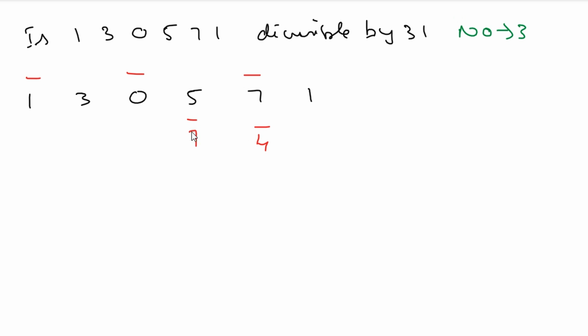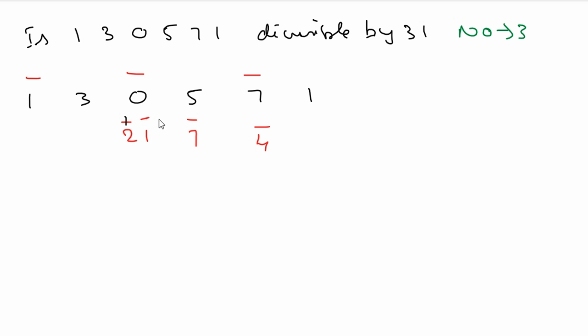Now you will multiply this minus 7 with 3, that is minus 21 plus 0. So there is no need to write down plus or minus. Why? Because 0 has no sign. Minus 7 into 3 is minus 21, just write down minus 21. Now you will convert this negative value to a positive value. Why? Because the next digit is... suppose this is positive, you will convert this number into negative, but this is a negative value, so you will convert this number into positive.